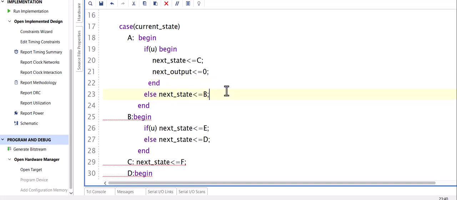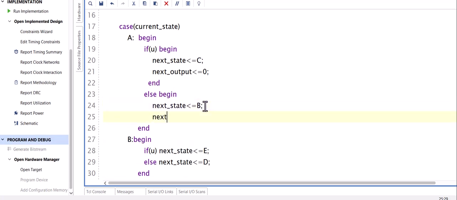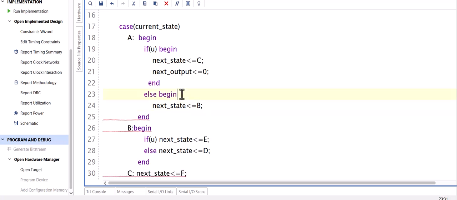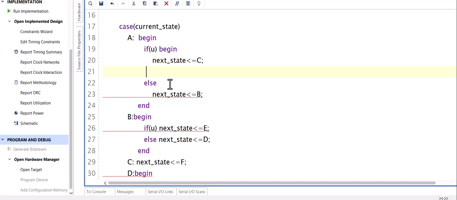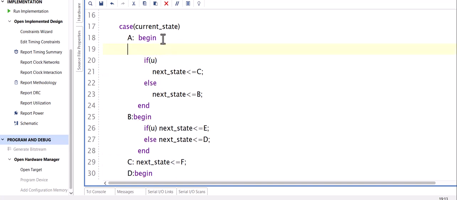and then else begin, next state be, or since they're almost all going to be 0 for the output, do it before the if, to have fewer begins and ends. For everything except for I, J, K, we can do this. So a lot fewer begins and ends. Oh, this won't be hard at all. So if I'm in state A,